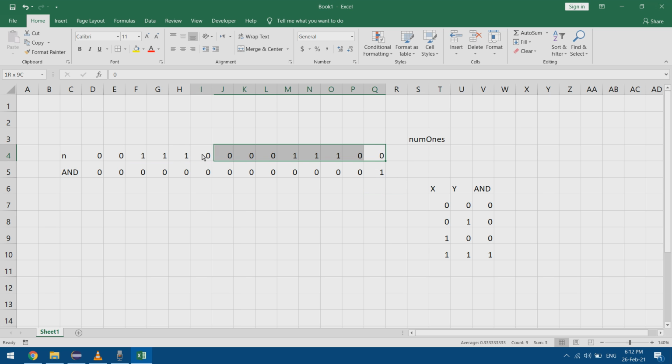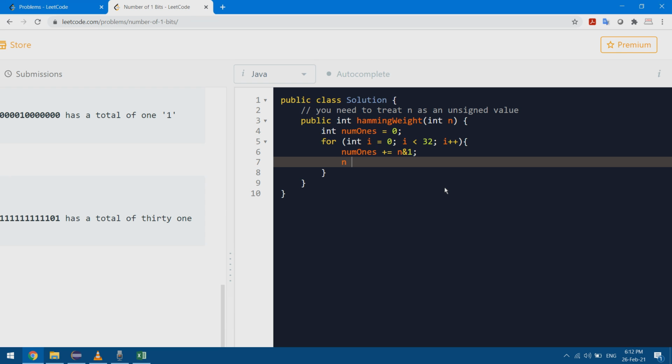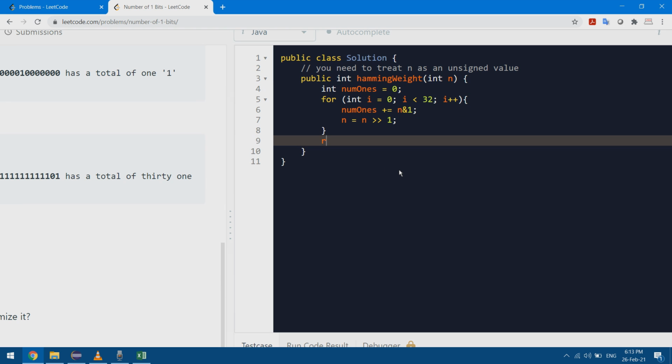Num1s won't be increased, and I'll keep repeating this. So I'll shift it again and again. Now I have 1 and 1. This will result in 1. Num1s will be increased. I'll do this 32 times. I'll take n and I will shift it to the right by 1. So I have n, and these symbols indicate that I want to shift it bitwise to the right by 1 bit. So I can specify here the number of bits that I want to shift to the right. At this point, we are done. So we can return num1s